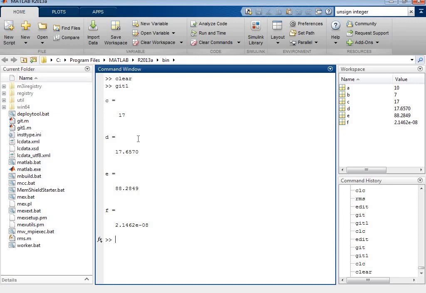C is equal to 17, E is equal to 88 point something, and F is equal to 2.14.